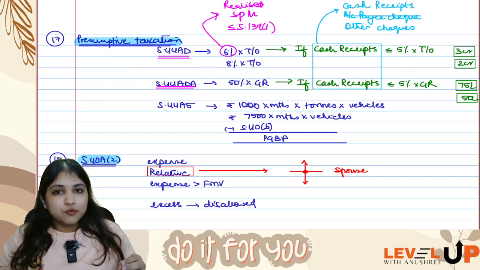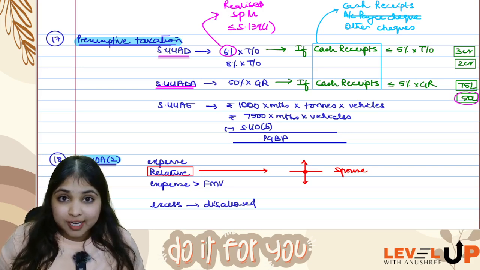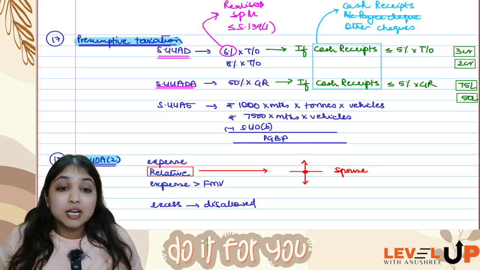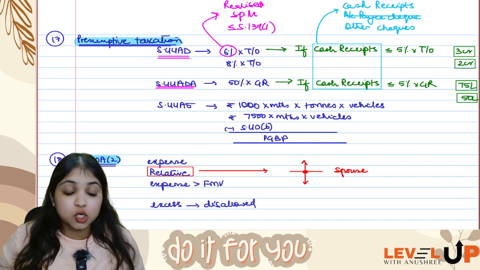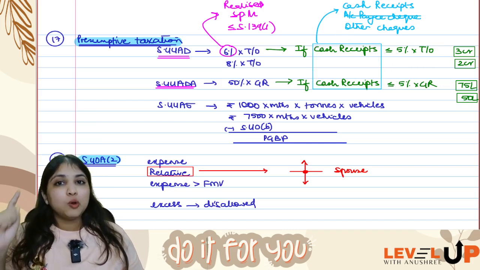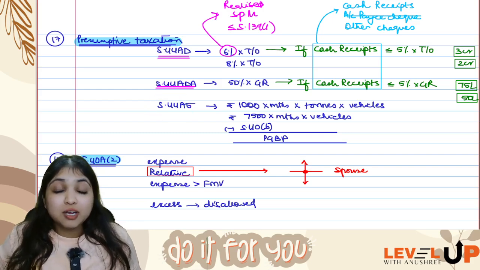Yes. So under 44AD and 44ADA, you have general limits of turnover and gross receipt. But you also have special limits. Special limits will apply only if cash receipt is within 5% of turnover, or cash receipt is within 5% of gross receipt. Now this cash receipt will not only include receipts in cash, it will also include all those cheques which are not account payee cheques. Then coming to 44AE.